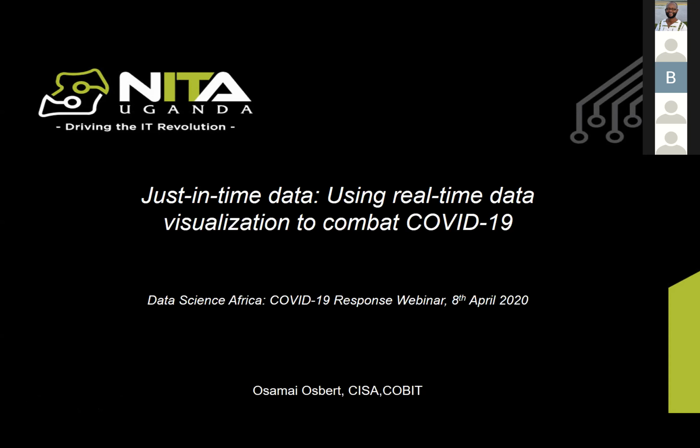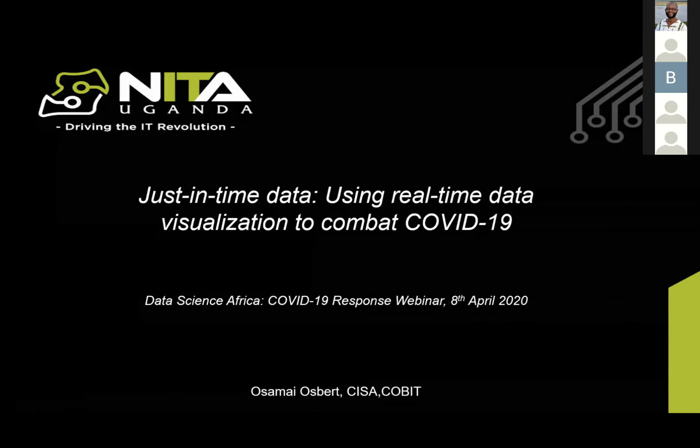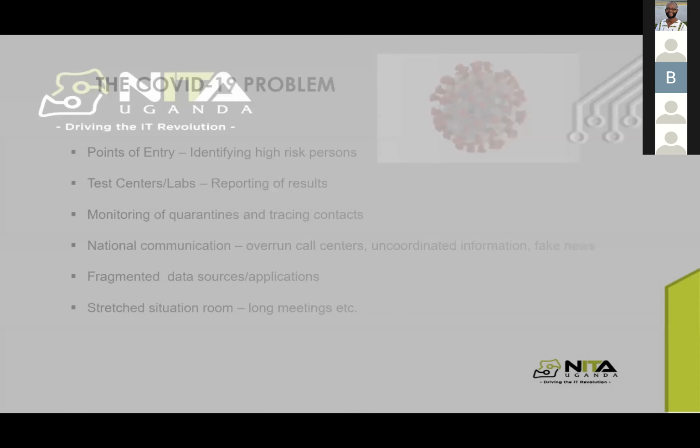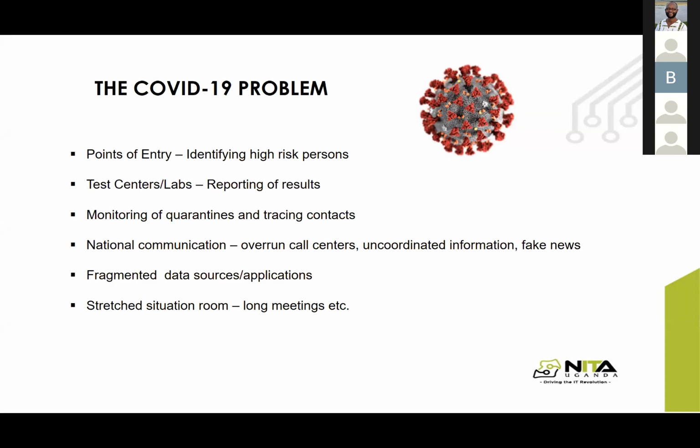I work for a government agency in Uganda that is in charge of supporting the ministries and agencies when it comes to IT. And when this COVID pandemic hit us, we had a couple of challenges. We were not so ready in terms of screening people getting to the country. In as much as we have border control systems, we could not really use them for the purposes of tracking COVID cases. So that was one of the big challenges.